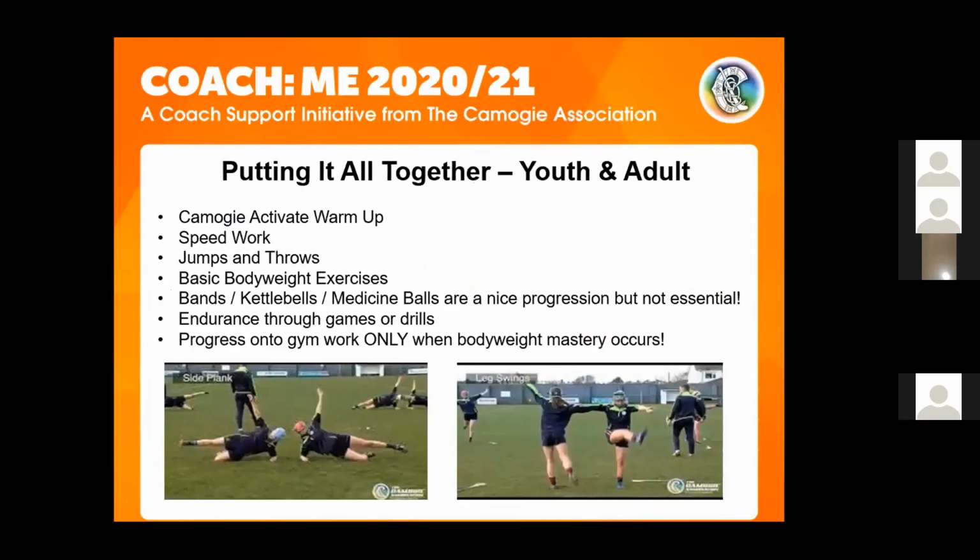If you're moving on to youth and adults, the main structure here is fairly straightforward. The Camogie warm-up to start with. Paul will cover that, and that covers absolutely everything. Every component of fitness is in there, really, apart from conditioning, and endurance and conditioning is in there. So that's a great way to start off, especially if you're new to it and you're not quite sure. Camogie warm-up. So then you're putting in some speed work, which Alan will talk about, jumping and throwing, which is